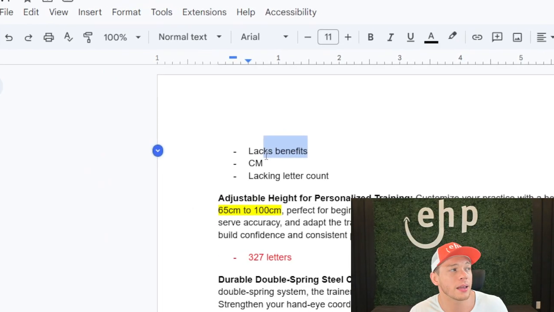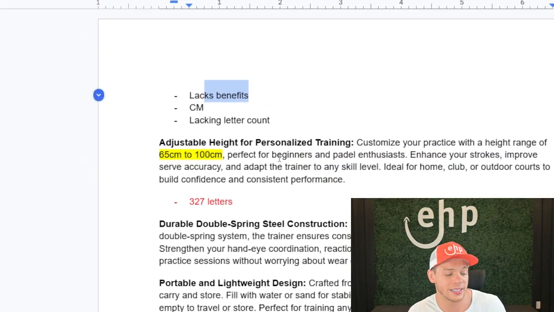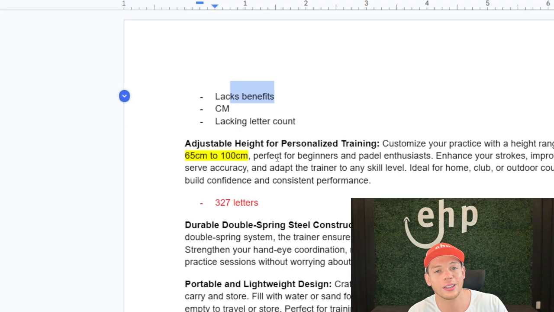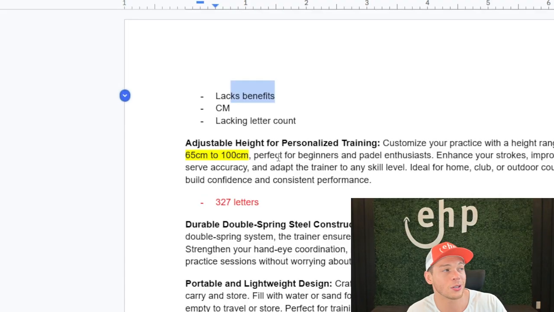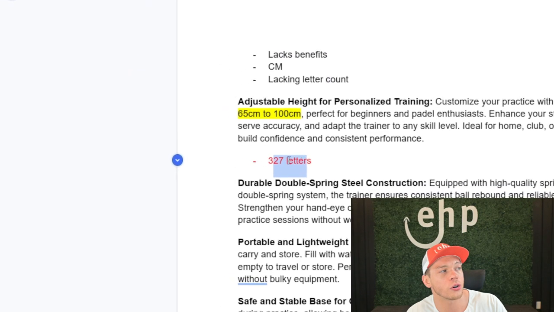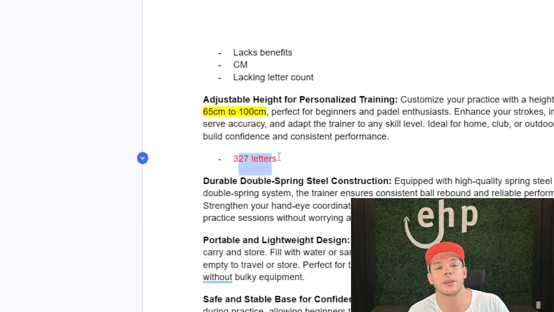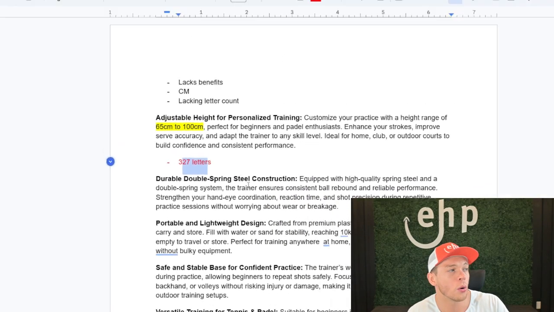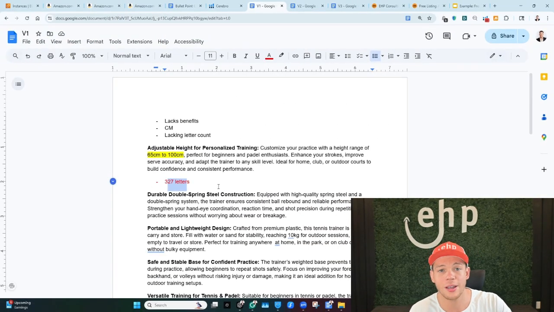So it lacks benefits. Also, the sizing's in centimeters. So we looked at the listing and everything was in centimeters, so we put it in centimeters. And then it's lacking letter count. It only has 327 letters, and we want it to be around 450 to 500 letters. So definitely in the right direction, but it's going to throw customers off with the centimeters and it doesn't have